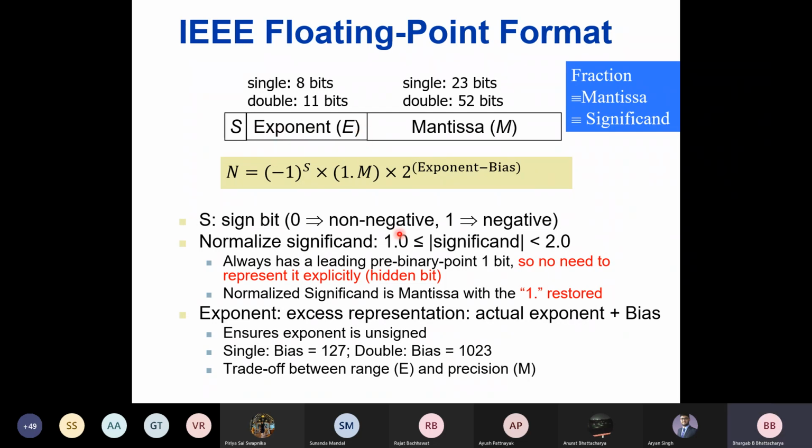And you want to distribute these exponents to the negative values and the positive values equally. That's why you take the bias, but at the same time you want to represent this exponent as overall positive. And that's why you take the bias almost at the middle. That's why 127. And in case of double precision you have 11 bits, so that's why it is 1023, because 1024 is just 2 to the power 10, right? That's why it is at the middle of this. So that explains why it is 127 and 1023. Okay.